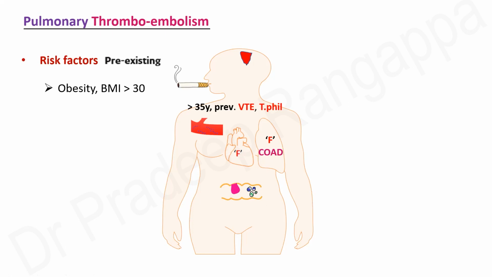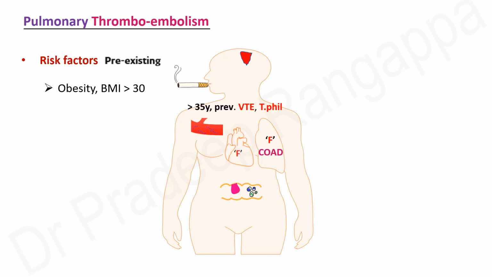One important point, when we look at all the risk stratification models, for all the listeners and trainees, one needs to bear in mind that a lot of importance is given to underlying cancer as a very important risk factor, previous venous thromboembolism as a very important risk factor, or the presence of a thrombophilic state. Along with this, someone who's had a vascular event, be it a coronary event or a cerebrovascular event, is at a higher risk. I think if you remember these as very important risk factors, that should suffice.